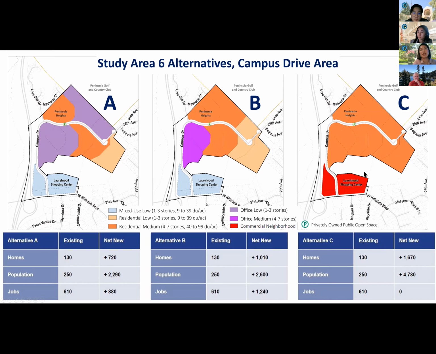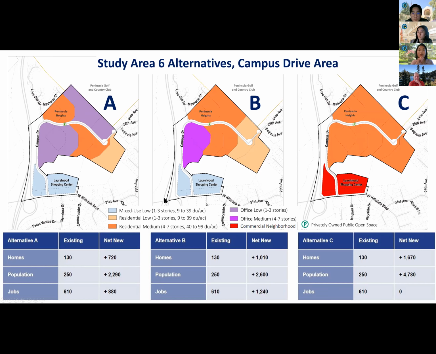C would look at maintaining Laurelwood Shopping Center as the existing land use, which is neighborhood commercial in red. C would look at just changing out all the office uses along Campus Drive to medium rise residential. B would look at maintaining some office use, which is this fuchsia color that my mouse is circling around. And so that would be a medium office.